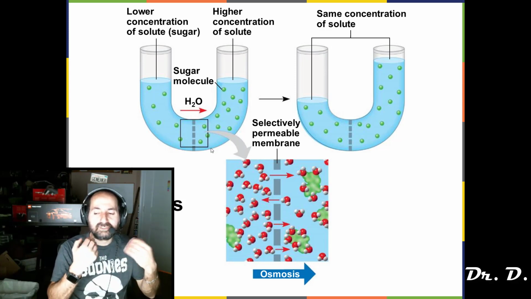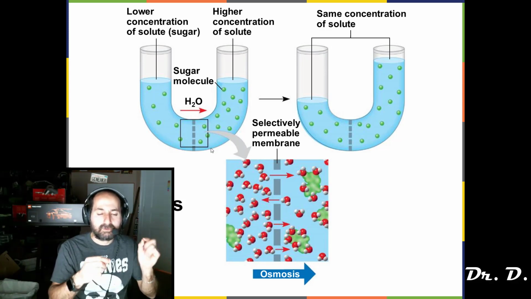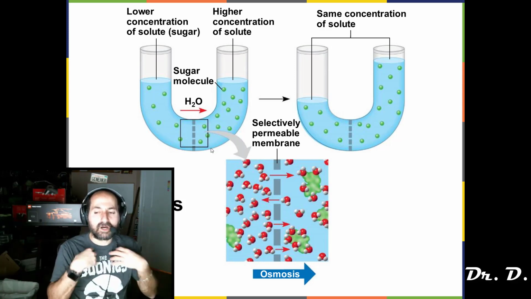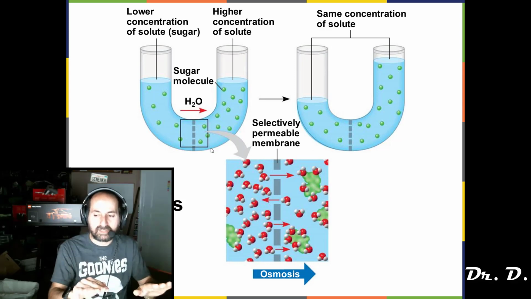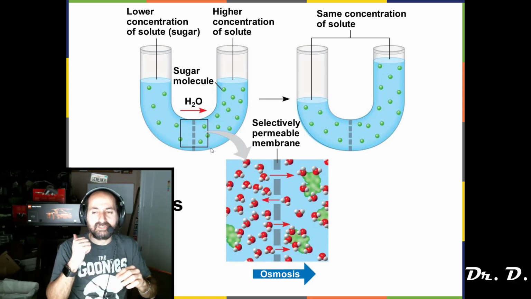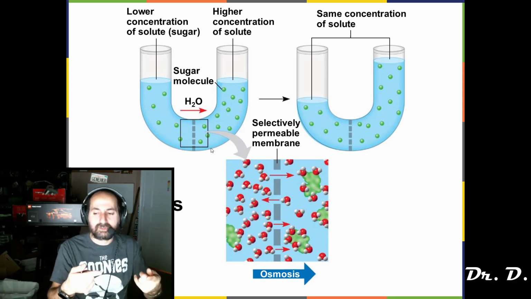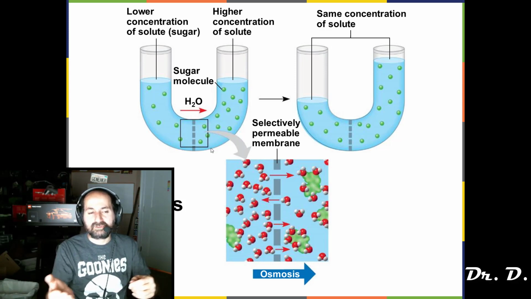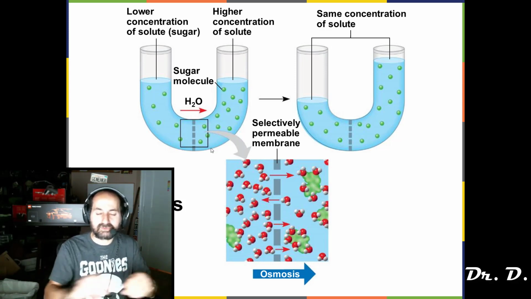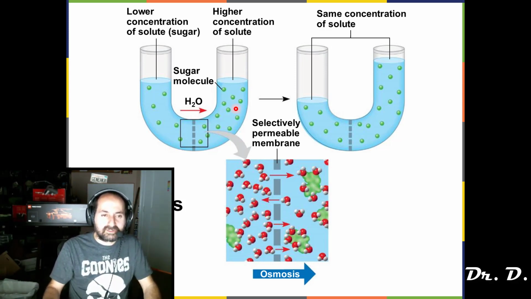So what you need to understand is that if the water is the thing moving, the water is going to go from where water is high concentration to where water is low concentration. Did you follow me? Water will go from where water is high to where water is low. Sugar will go from where sugar is high concentration to where sugar is low. So look, sugar was high on the right, high concentration on the right, so sugar wanted to diffuse to the